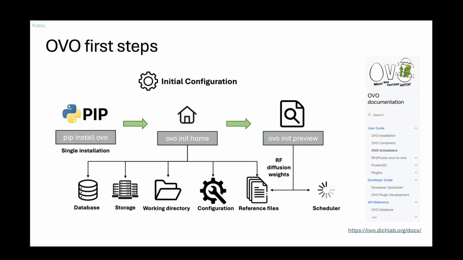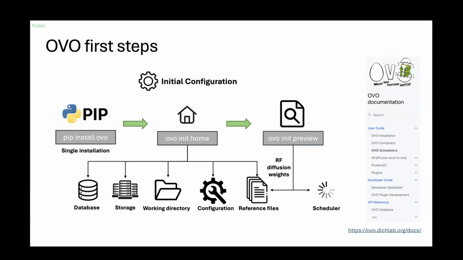I have here a very quick schema of how you could start to configure Ovo on your machine. Ovo is pip installable. The entire Ovo can be installed on your machine with a single installation. Afterwards, the few command line commands that you have to use for the first configuration are the Ovo init. Ovo init home allows you to establish the database, which is where we store the metadata of the designs and the descriptors for the designs, and the storage, where we decide where to put all our input and output designs, the heavy files